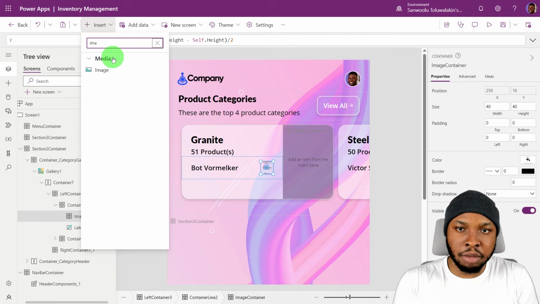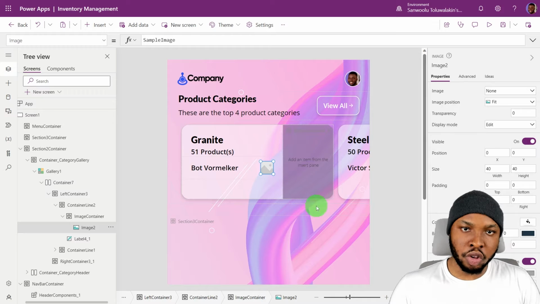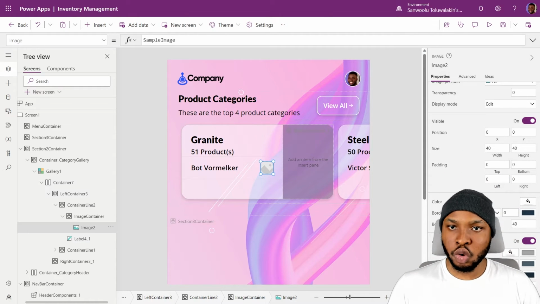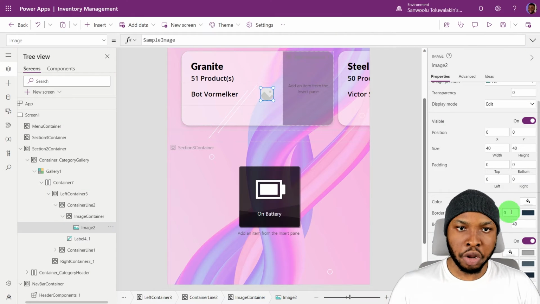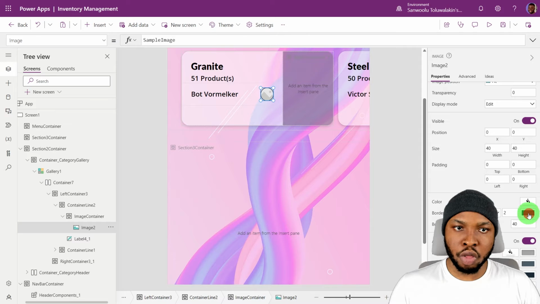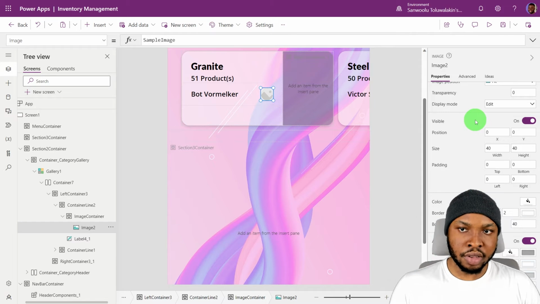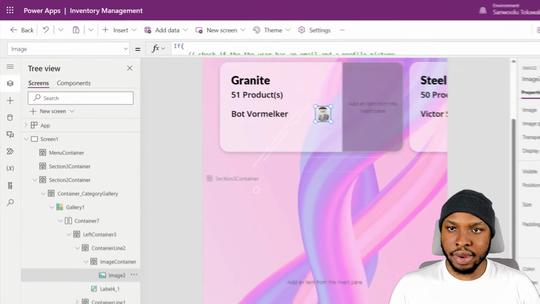Next, let's add in an image control. Make sure it fills the container by setting the width and height to that of the parent. So next, we add in a border thickness of 2 to the container. We set the border color to white and set the border radius to 40 so it can be circular. Next, in the image